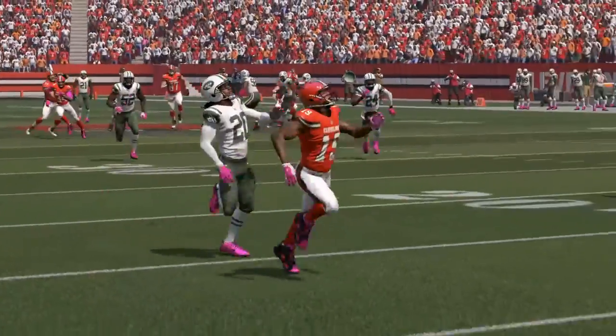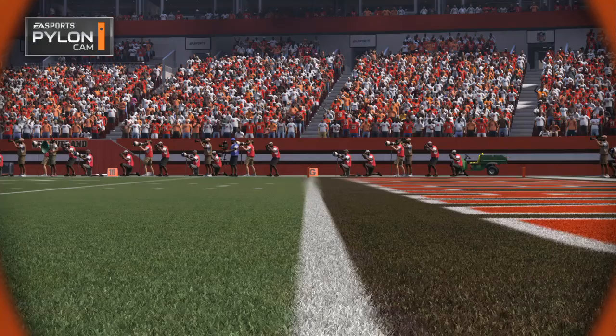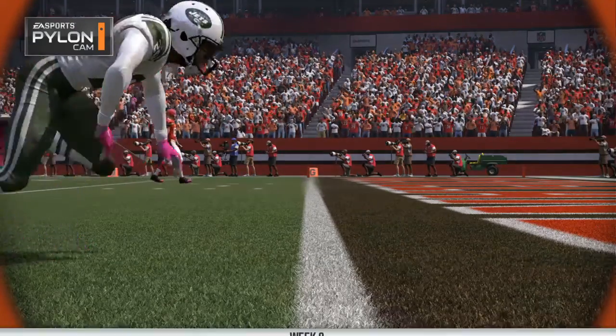Well, they had gone run the previous play. Nice little setup. This time they go play action. Defense bites a bit, and they hit for a big play in the...